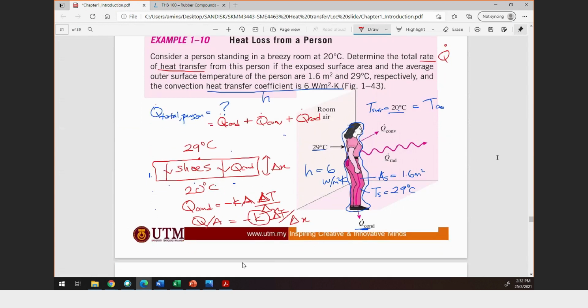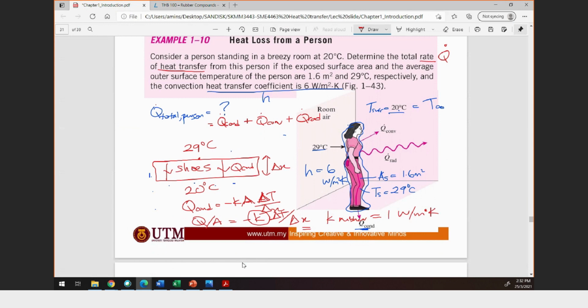So the value here for K for the rubber is near 1 watt per meter Kelvin. So the value is quite small compared to the metals or any solid object that can easily transfer heat. Basically, from this we can say that